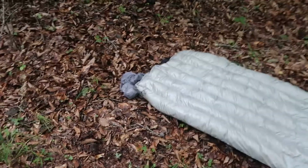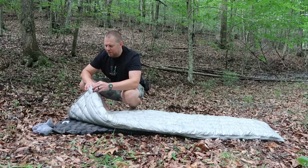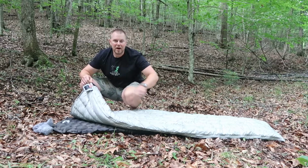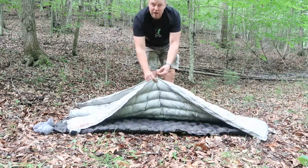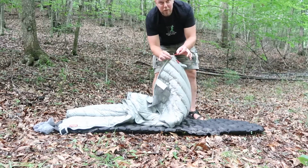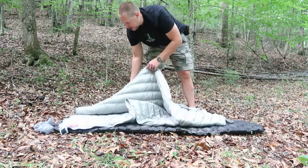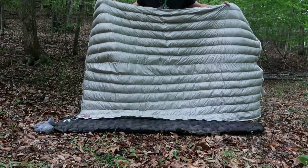So anyway, that's just kind of a quick top-down view. Let me go ahead and open it up so you can see what it's like in the full size. The zipper does go in both directions, but I'm going to go ahead and zip from the top here so that it can meet at the bottom and make the full-size blanket. The zippers have these little orange, easy-to-reach tabs. Very handy. And it does loop around the back side about an inch to make sure it opens up full. So now I can lift this up and you can see it is a full blanket,